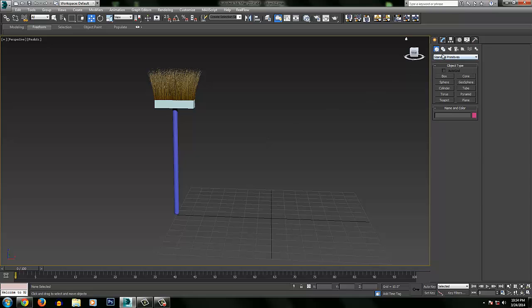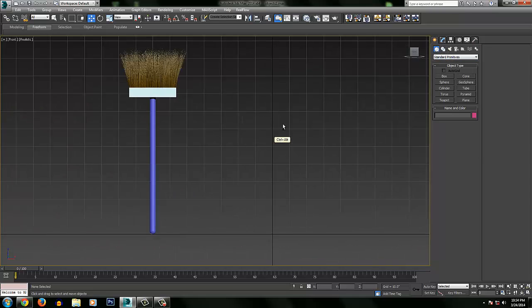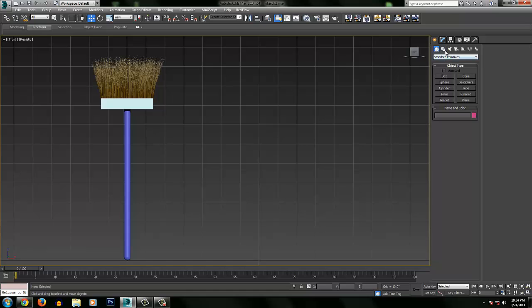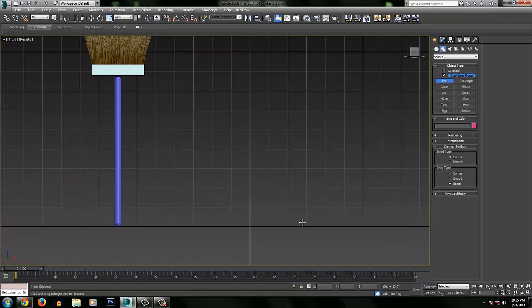Alright, now I'll show you another technique to make a teacup. We just go into splines here and we create a line, and what we're going to do is just imagine the edge of the cup. What's the edge of the cup going to look like? Well, it'll probably have a saucer kind of like this. I'm trying to imagine, yeah, like that. And then it comes up, and then it comes,